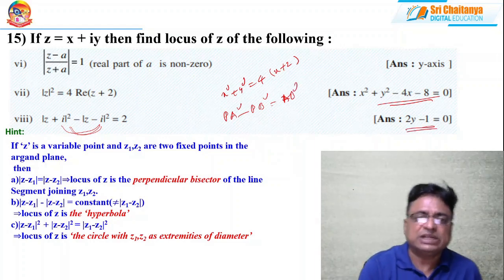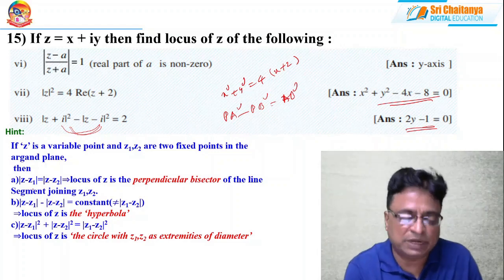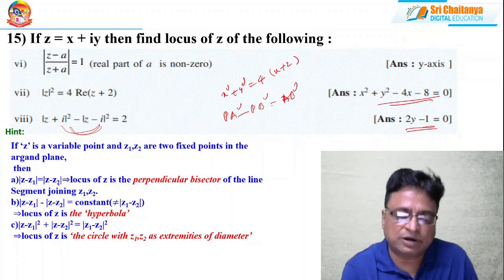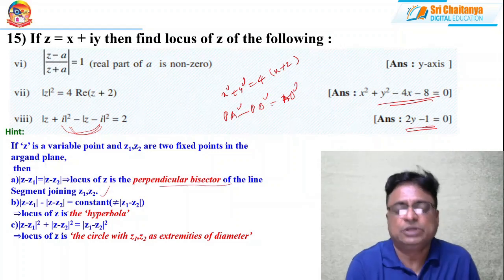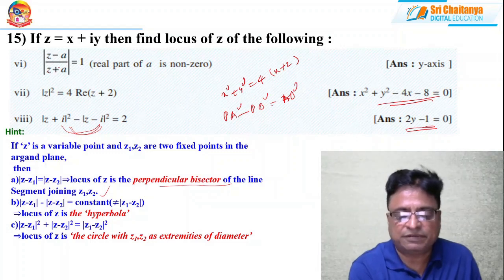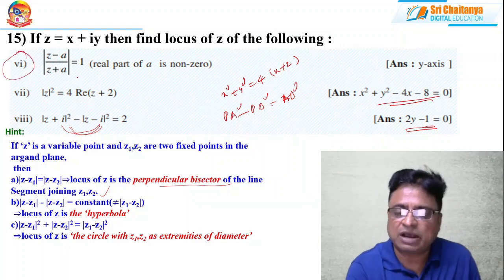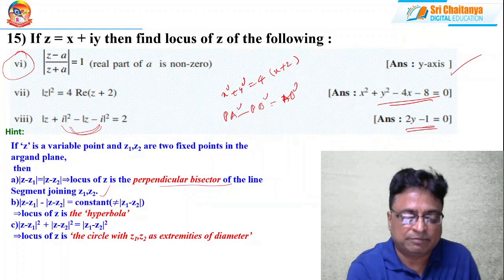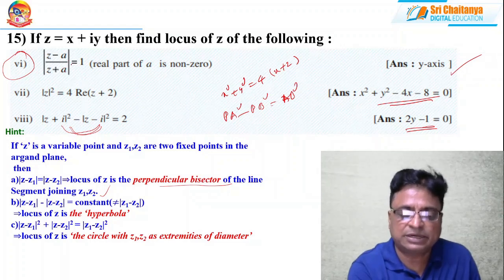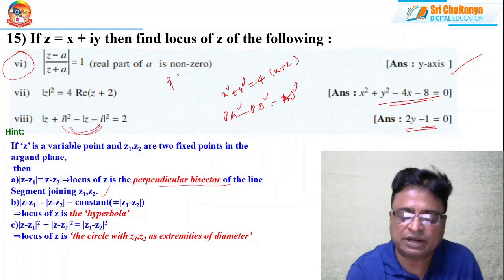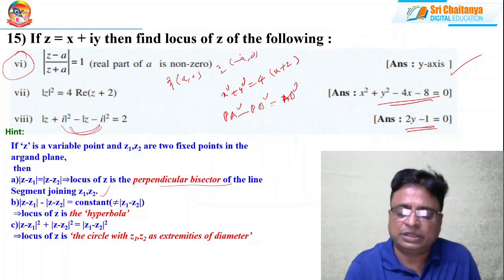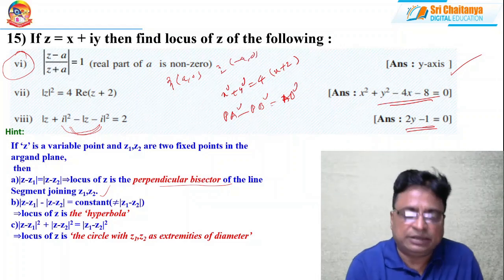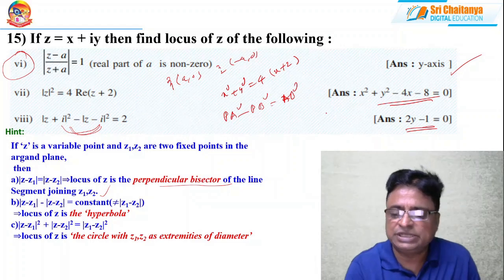That's why what I'm saying is, in the Argand plane, if mod z minus z1 is equal to mod z minus z2, then the locus of z is the perpendicular bisector of the line segment joining z1 and z2. So simply, after looking at this, immediately you can say that it is the perpendicular bisector. What is the answer to this one? For this one, the answer is the perpendicular bisector of the segment joining z1 (a, 0) and z2 (minus a, 0) on the Argand plane. And whenever this situation holds good, it is simply a line.